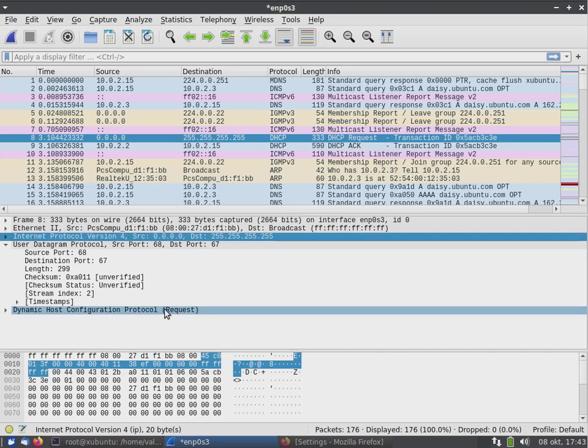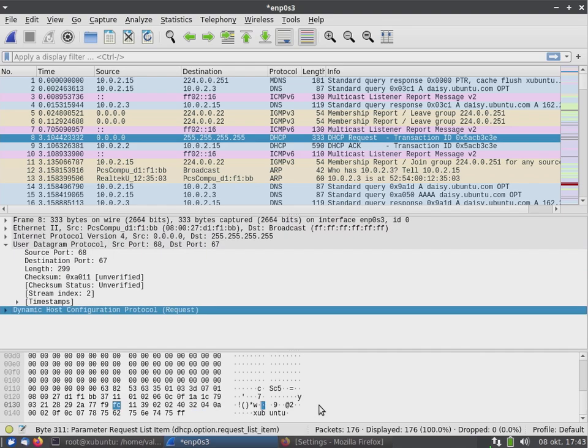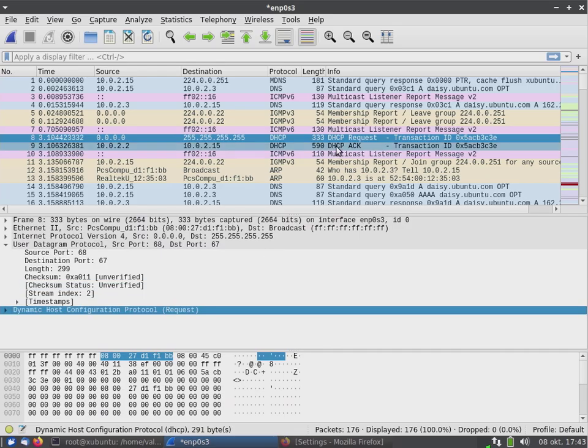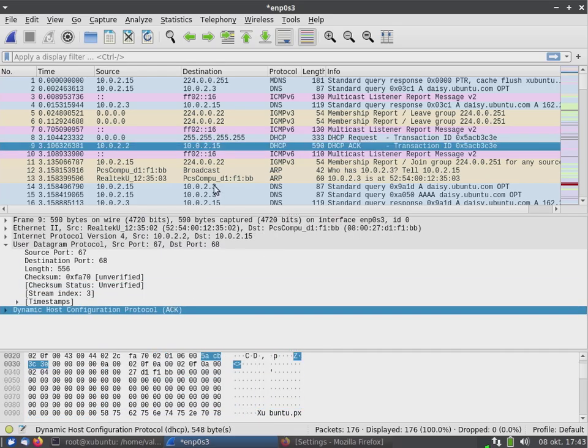Then when you look here, it says my host name is the following, something like please give me an IP address. And then it received an acknowledgement from this DHCP server. The IP address of this DHCP server is 10.0.2.2 and the destination address is 10.0.2.15.